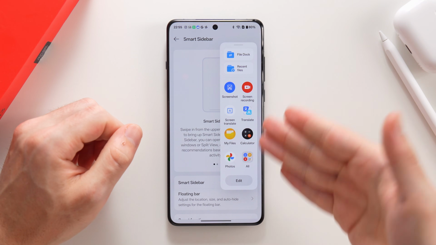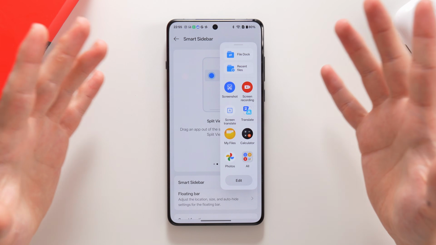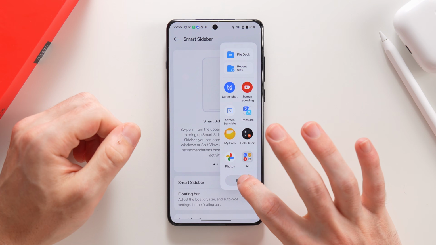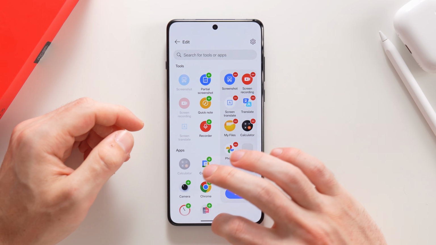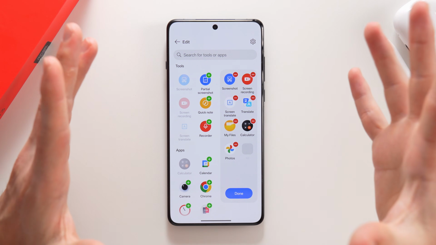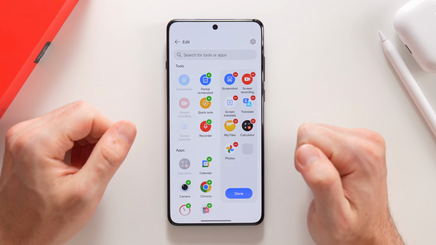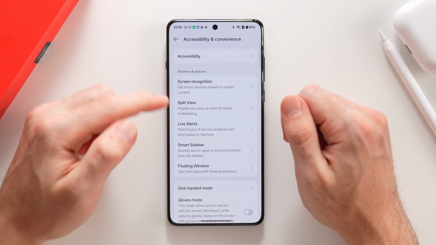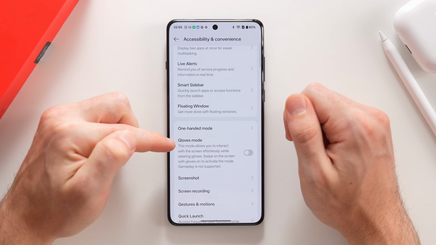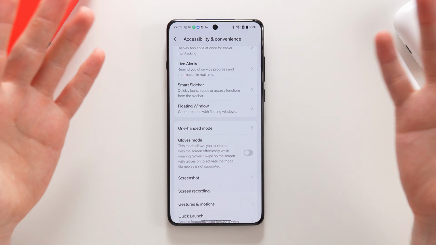In this case, of course, it will display default apps, not your most used apps, but you can always come here to edit and select the apps you use most, so you don't have to come back to the home screen and look for them, making your phone using experience a lot faster. Now, also here on accessibility and convenience, a little bit below, you'll find a gloves mode, which, like the name